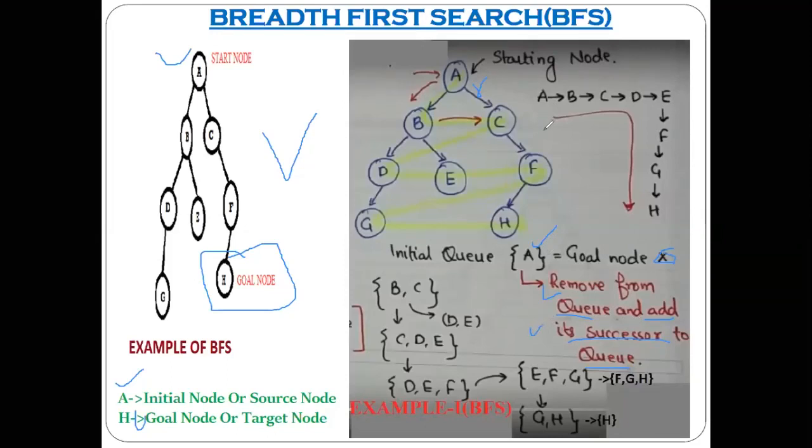And after removing it, we add its successors. Now, who are the successors of A? B and C. So here I have written it for your understanding. Now the nodes present on the queue are B and C. As we have discussed, BFS searches in this direction: first it completes this part, and this, and this. Now, which is the first element of your queue here?